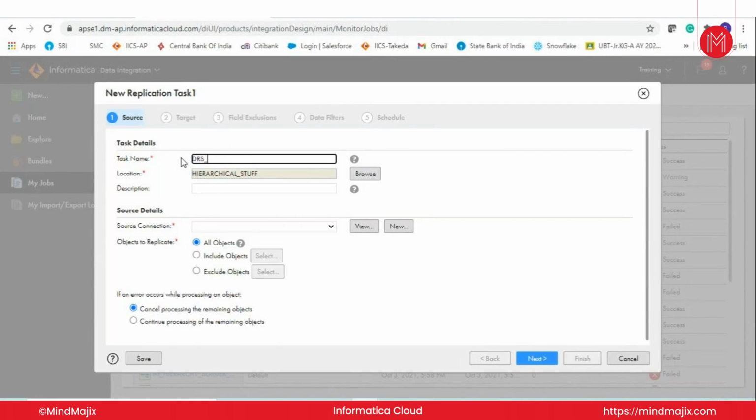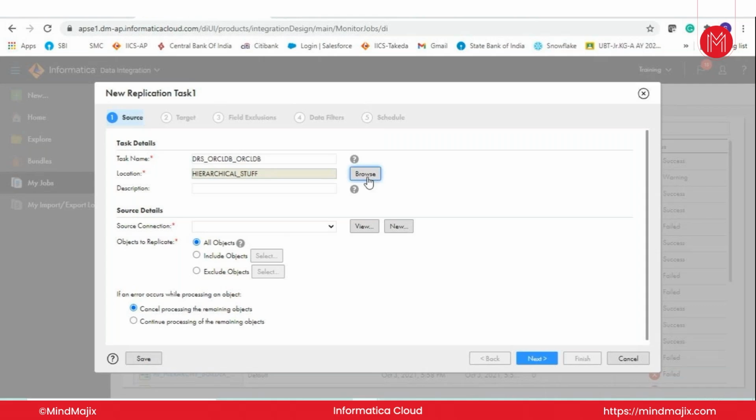So here I would say I'm going to create a replication task between database to database. So I'll say orcl db to orcl. You can actually name the databases, the application names or something. I'll just have underscore one because I have created several replication tasks over here, so I might have the same name. Then I'll browse and select the folder where I want to save this